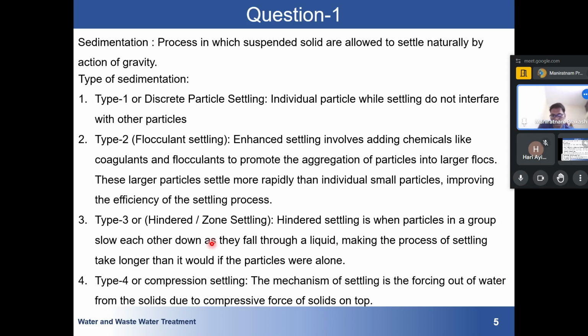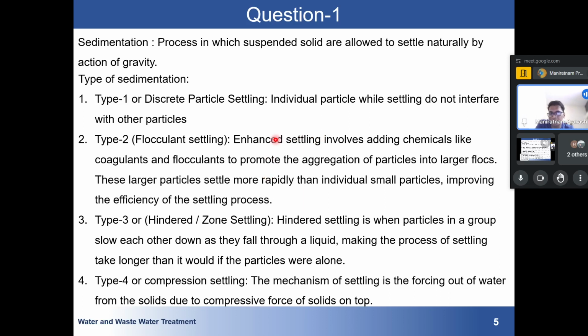So, as the name suggests, compression settling. Imagine there are larger particles and smaller particles in your system. The larger particles will settle down, but the smaller particles won't settle down. So what happens is that